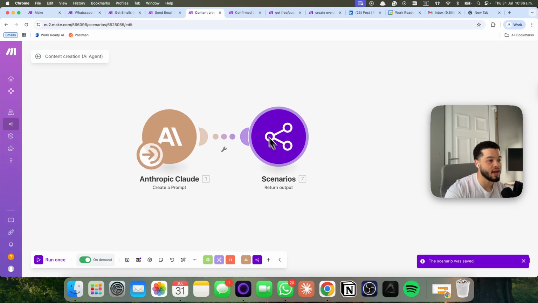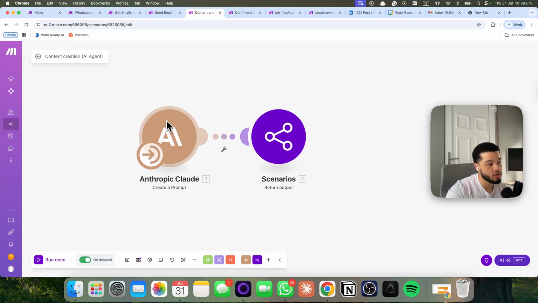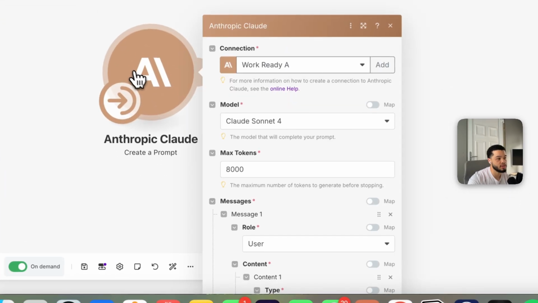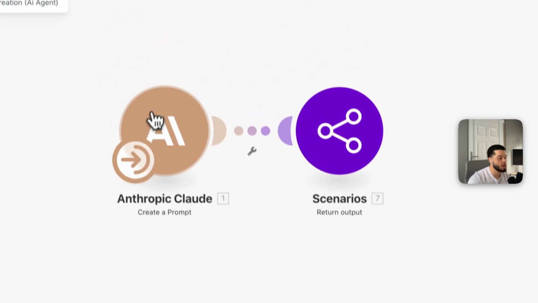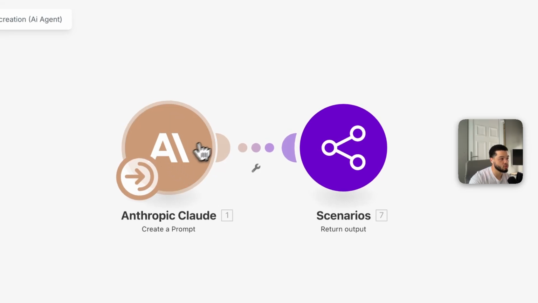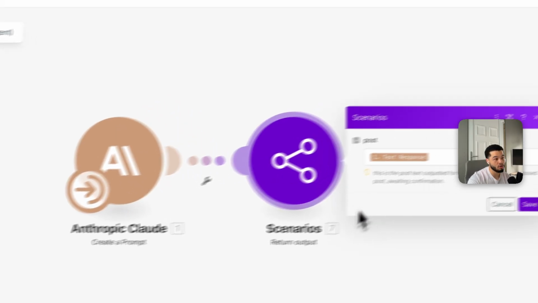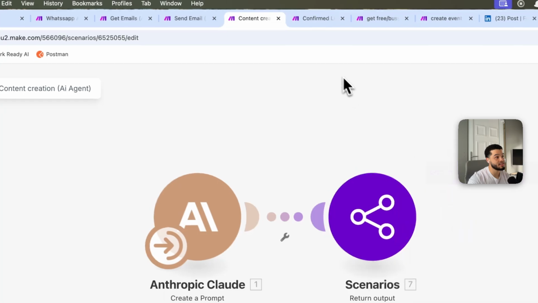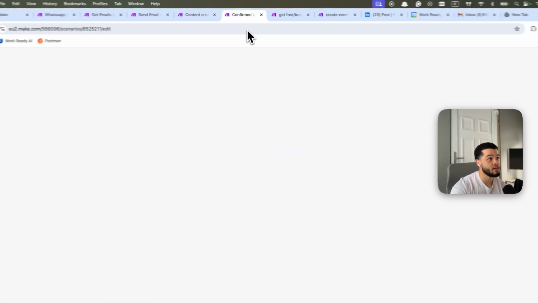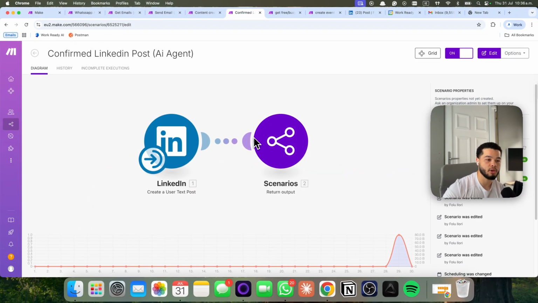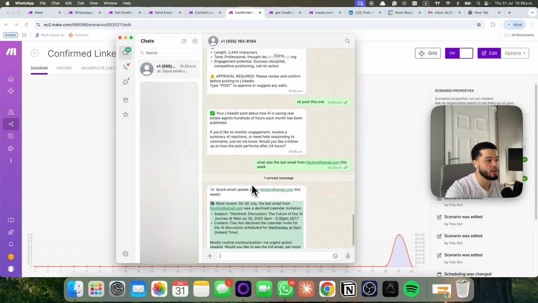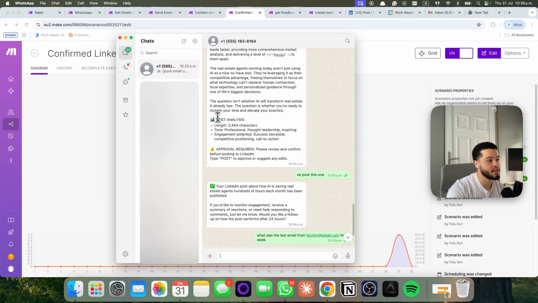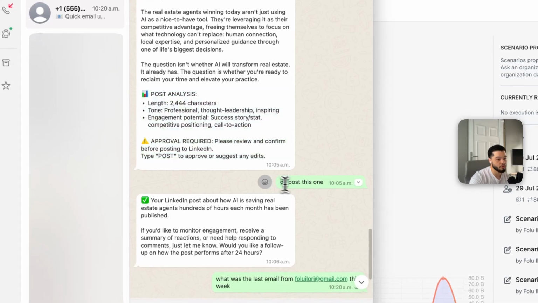So now that has created, so whenever we need to create a LinkedIn post, it's gonna come in here to Claude. It's gonna send over the title and the content research. When Claude gets that information, it's gonna create the content and send it back over here as the post. It's gonna send it back over to the AI agent. And if the AI agent is happy, or if we're happy with that, and we confirm the post, as you can see down here in this message, we say this post is okay,